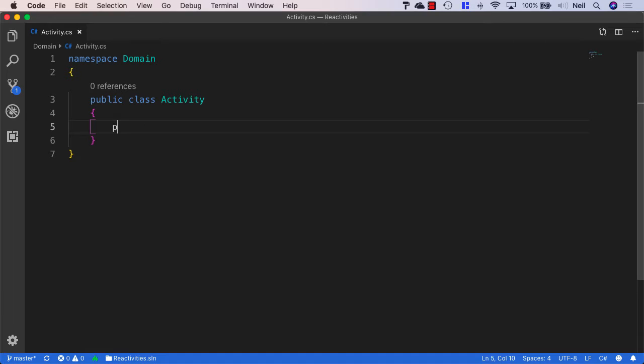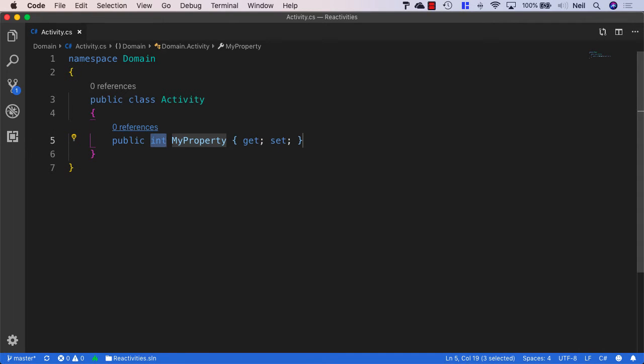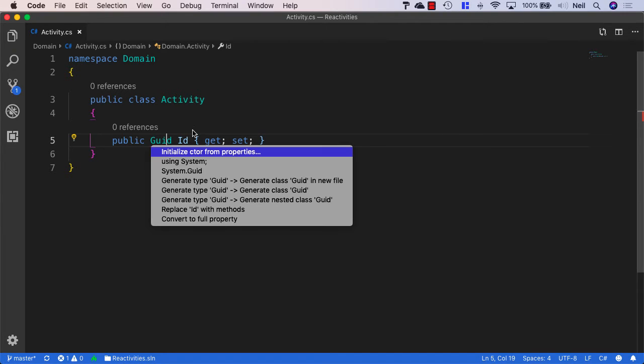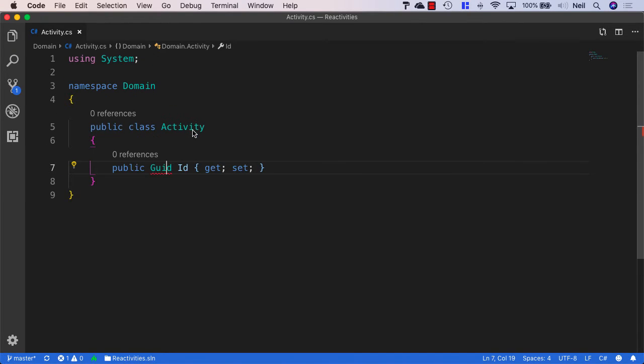Now we're going to need properties for this particular class, and for the ID that we're going to use for the activity, we're actually going to use a GUID as opposed to an integer. And using a GUID allows us to create the ID from either the server side or the client side code. Now there's a reason for this, and when we come on to the pattern that we're using, I'll explain in more detail about why we're using a GUID for the ID for this particular entity. But in order to use a GUID, we're going to need to bring in system,